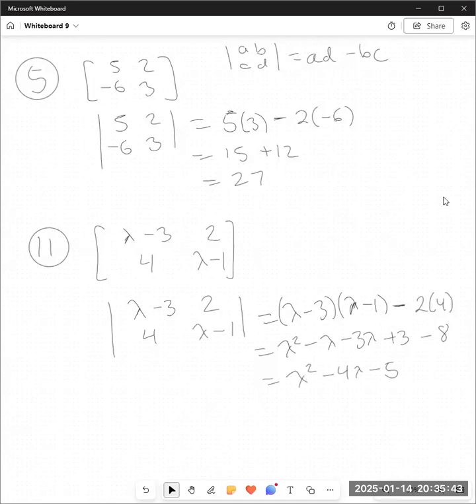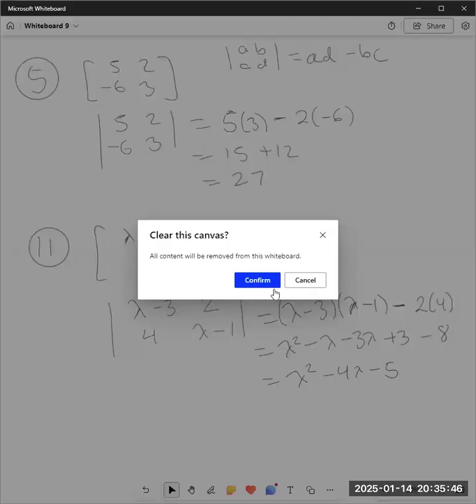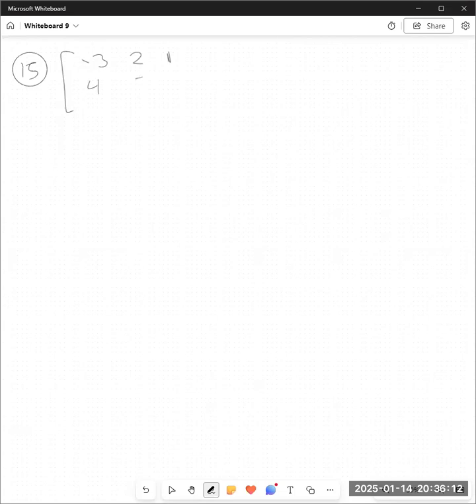Let's go ahead and clear the screen and move on to number 15. Number 15 asks us to find all the minors and cofactors of the given matrix. So let's give ourselves some space. We're going to need it. The matrix is -3, 2, 1, 4, 5, 6, 2, -3, 1. So let's make a list here of M1,1,